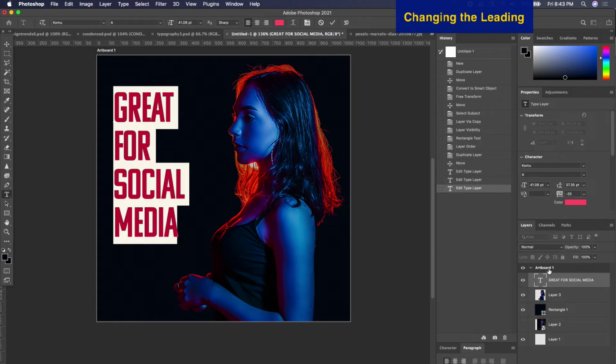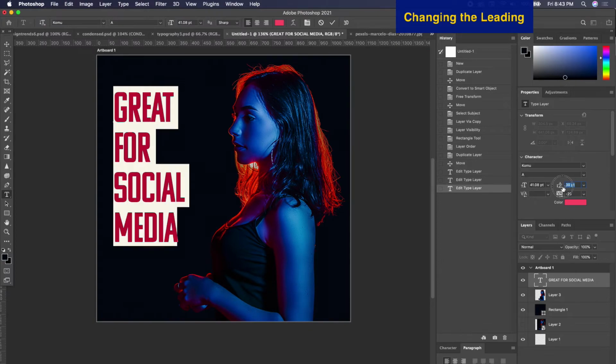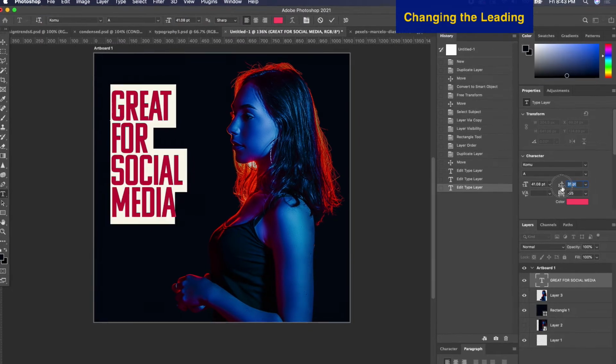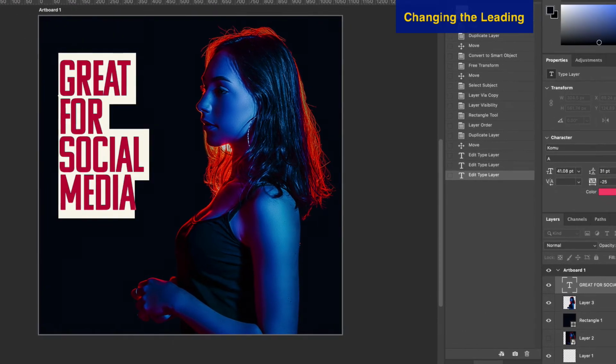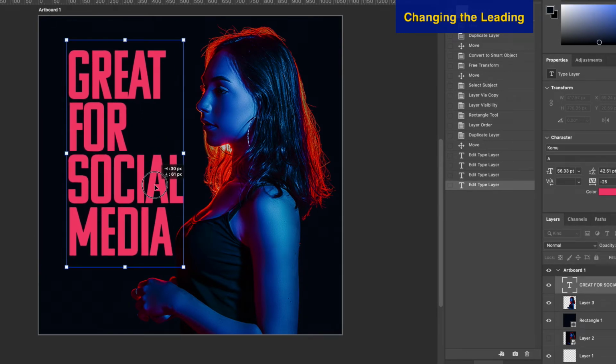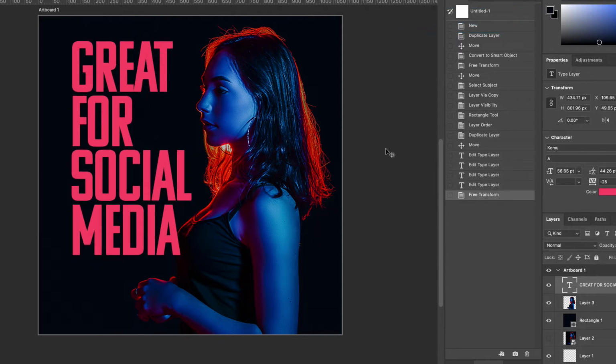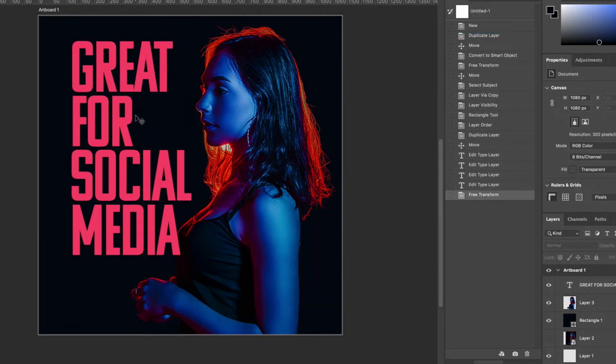I'm just going to double click my type layer. Let's change the leading right here. Let's get a nice spacing just like that. That will also allow us to make this bigger, a higher impact headline, which is really important. Another thing you want to do with headlines is mess with maybe two colors, because